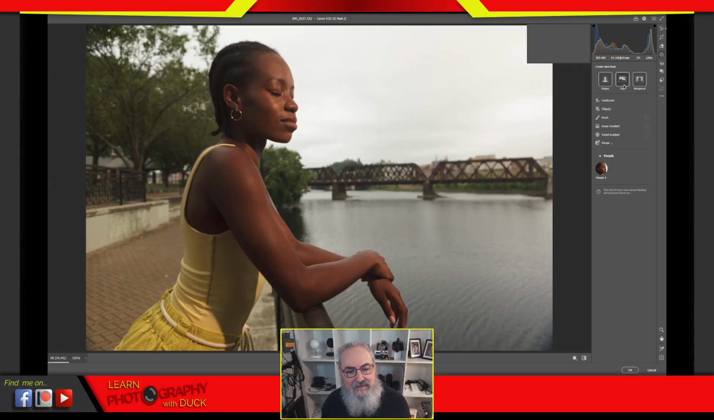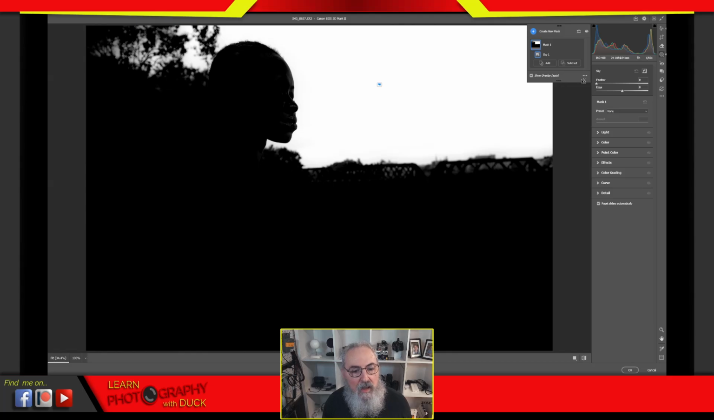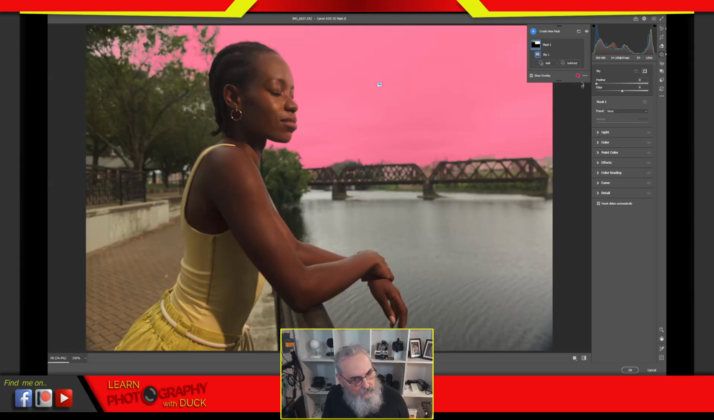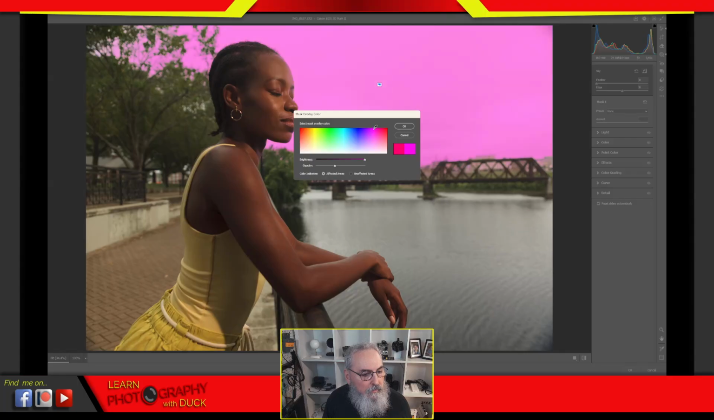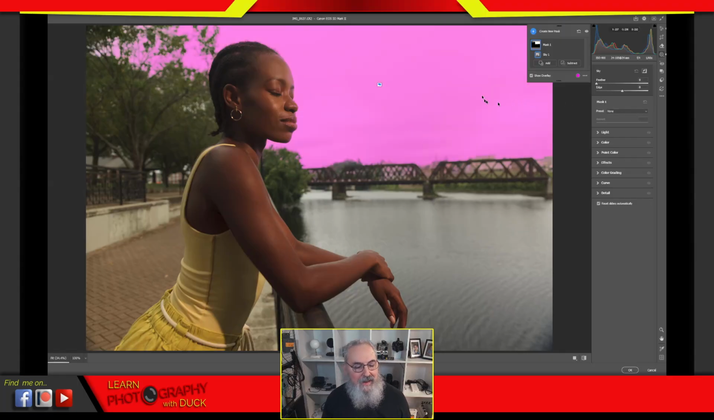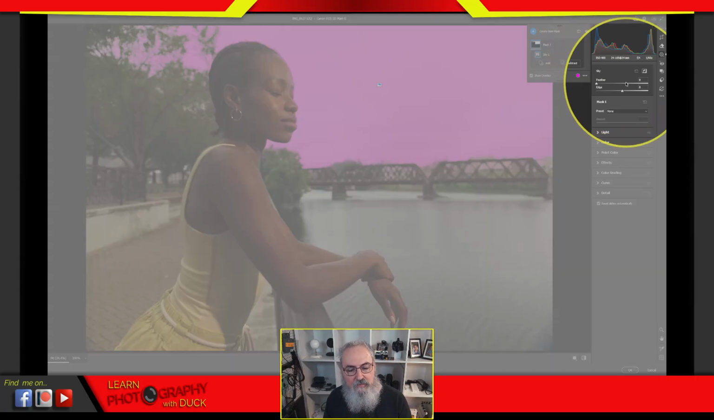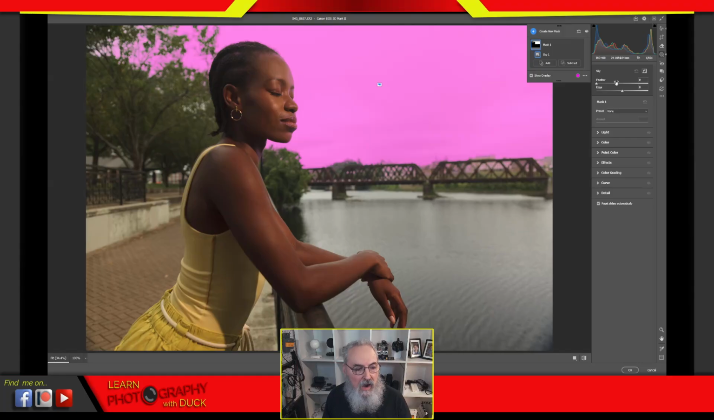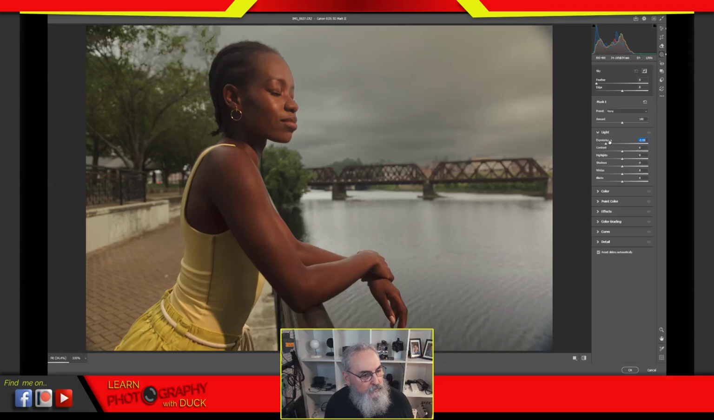If I click on the sky mask, again, let me do my color overlay. There we go. Now I have my sky mask. You're going to notice something different. We now have a couple of sliders that we can use to manipulate our mask. Now the first thing you're going to notice, let me go here and bring my exposure down. The first thing you're going to notice